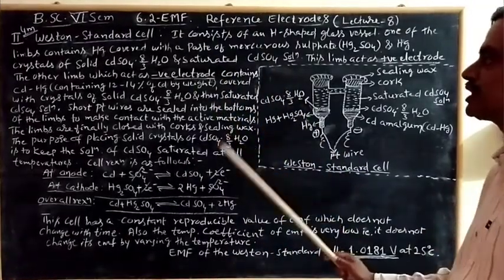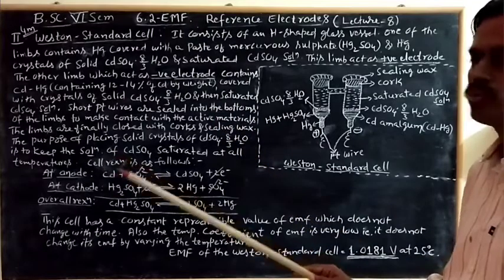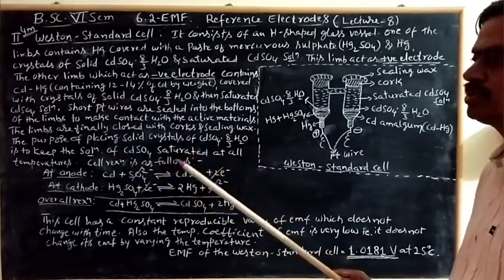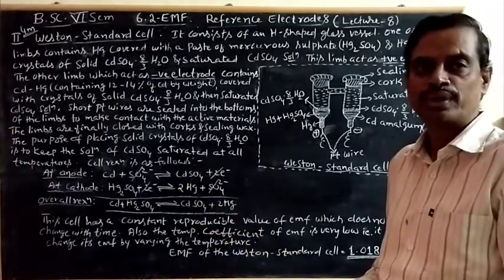They will ask this question in the examination for 4 marks. Either this question or the previous one, what I told, calomel electrode. Any of these two, you have one question in the examination. I think you followed this one. Thank you.